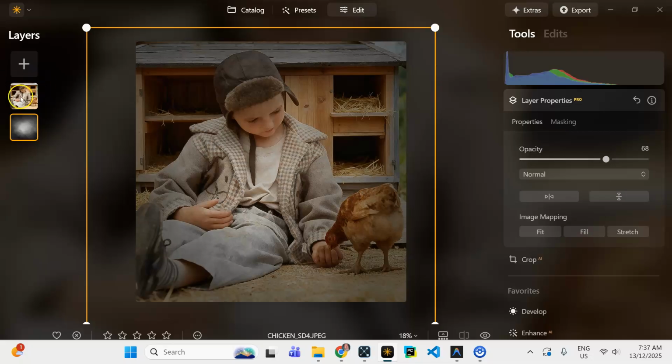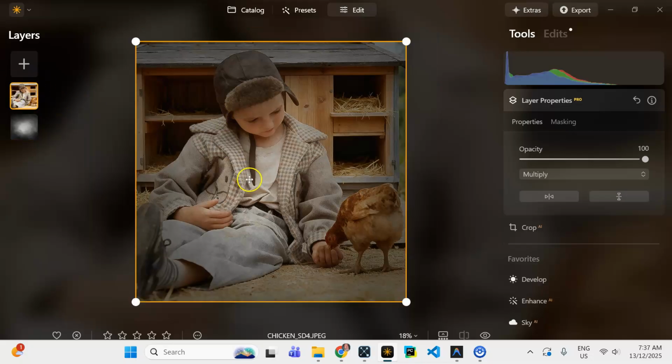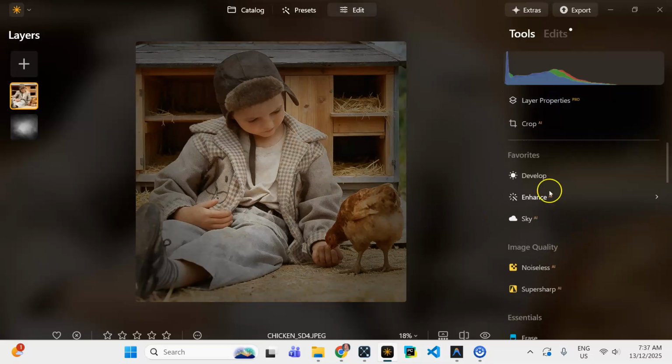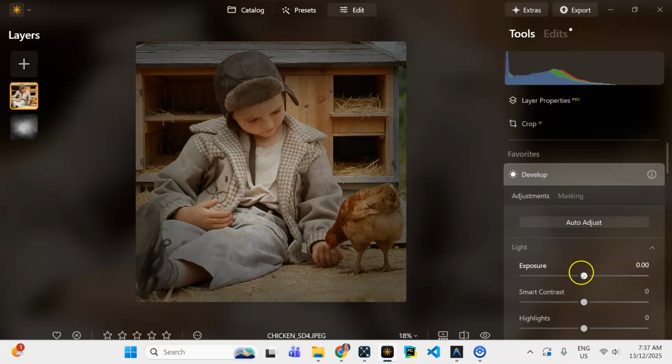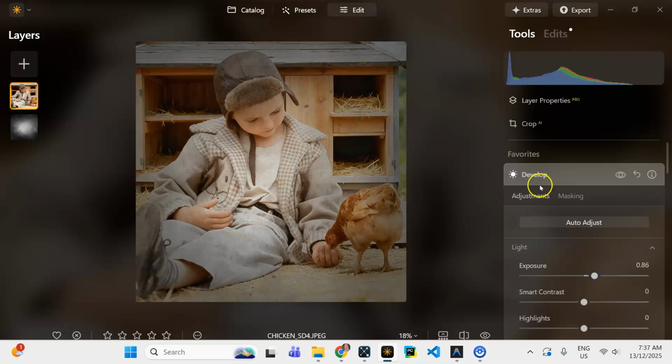Okay, so if we go back to here, we can see what that looks like. Now, to compensate a bit for that, let's go back to develop, and let's just increase this exposure just a tad to get back to our original exposure for the center. Okay. Probably one other thing I'd like to do